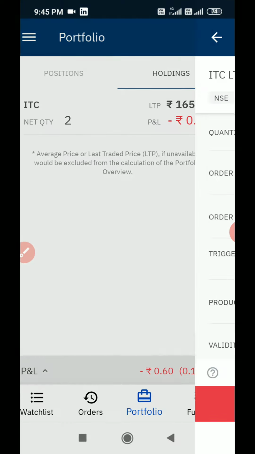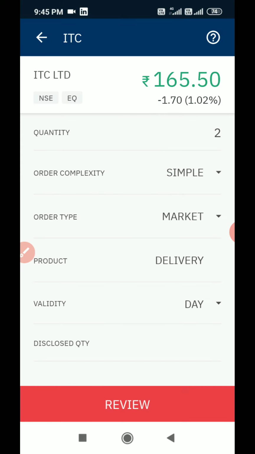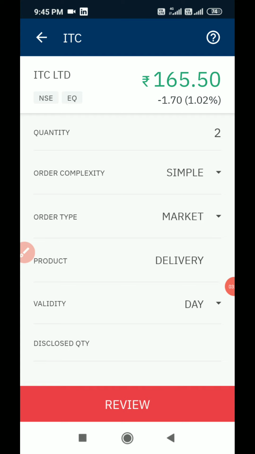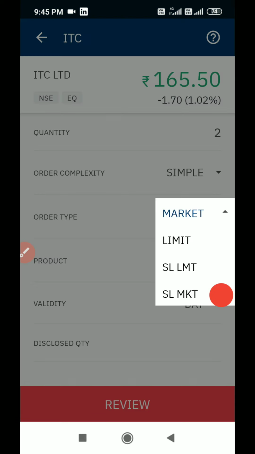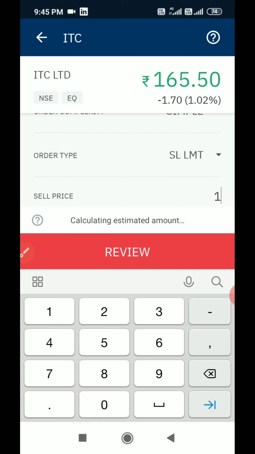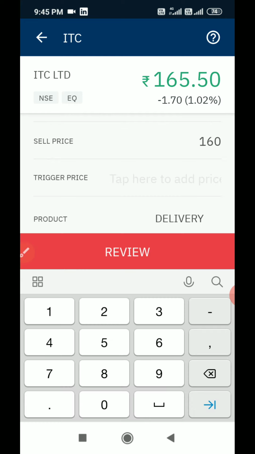In the stock exchange I have selected. Here you can select the symbol or after market order. In this market, what we have to do is select stop loss limit price. Here you have to enter the sell price. You have to put it as 160 and the trigger price is